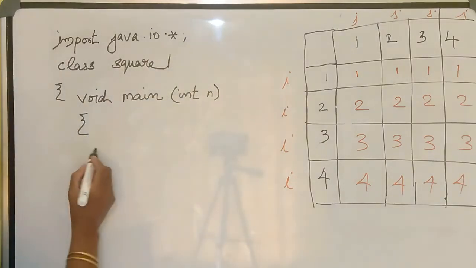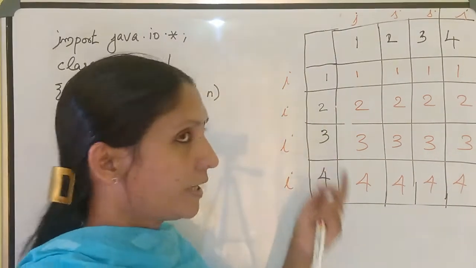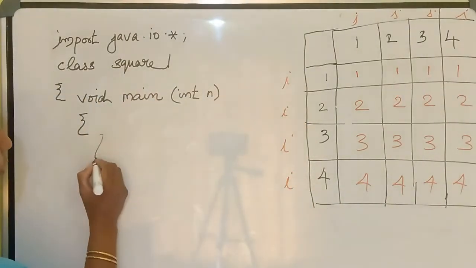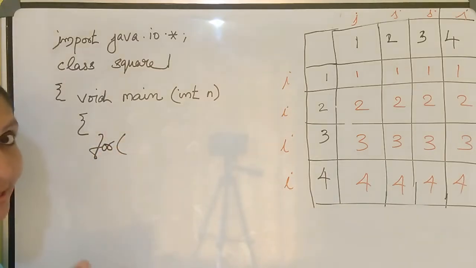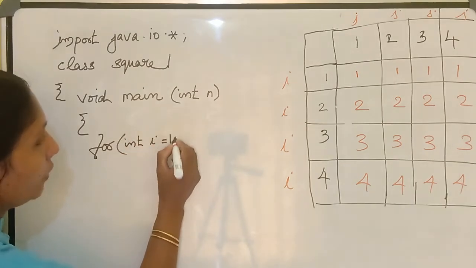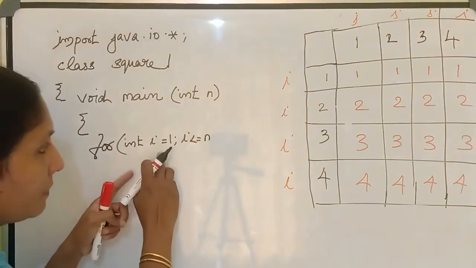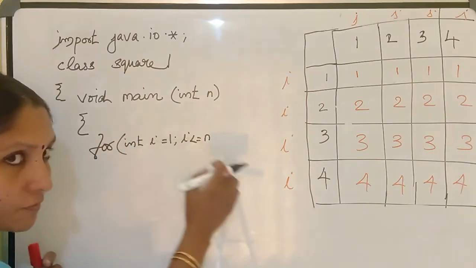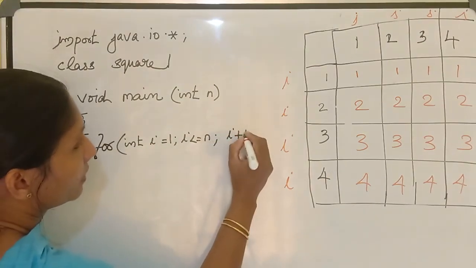Then, how can you print the square pattern with the help of rows and columns? To represent the row, I give one for loop. I think you all watched the last video; only then can you study this one. int i represents the row numbers, i less than or equal to n. This n is the limit, that means 1 to n. If n is 4, we write 1 to 4. If n is 5, 1 to 5. Like this it will go. Then i plus plus.